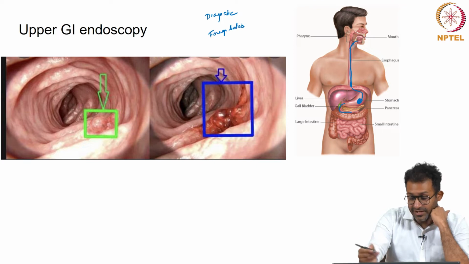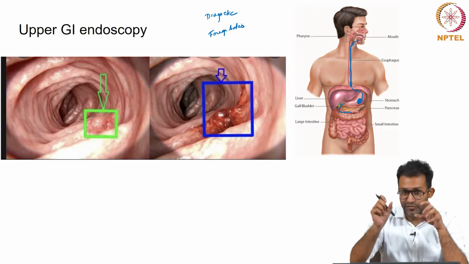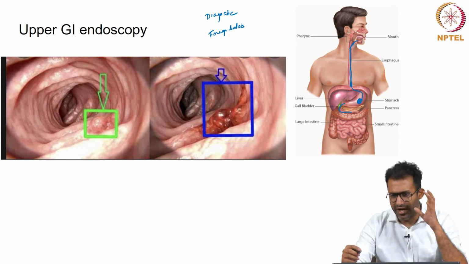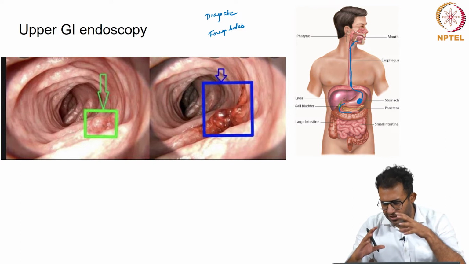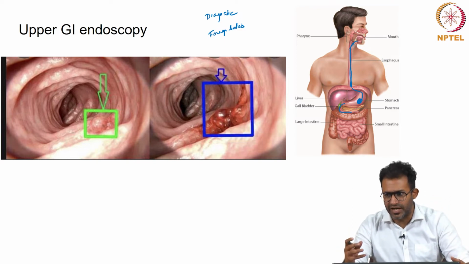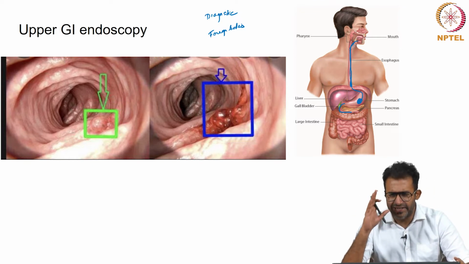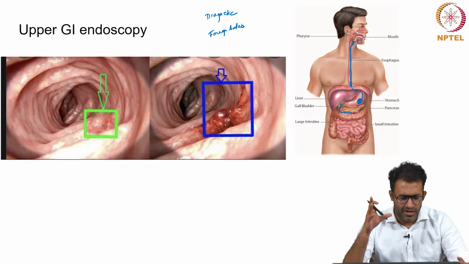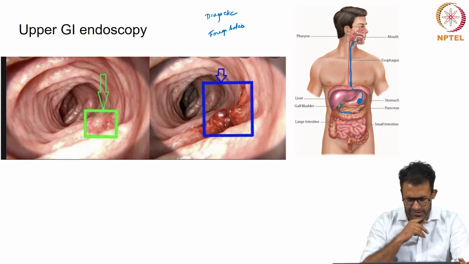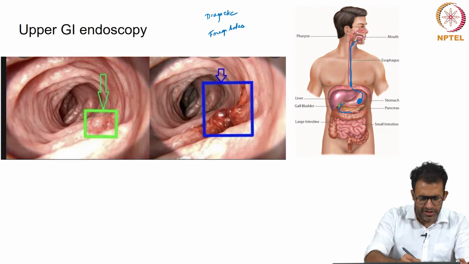In fact, it has advanced so much that if there is a small tear, or a perforation as we call it, you can even close those rents through endoscopy. So endoscopy as a field has advanced extremely well, and now we are even able to go into the biliary tract, which is the bile duct and the pancreas, to remove stones. That's all very technical stuff inside endoscopy, and that's not something we are going to do. Here what you see is an image where a computer vision tool has segmented lesions in an endoscopy.